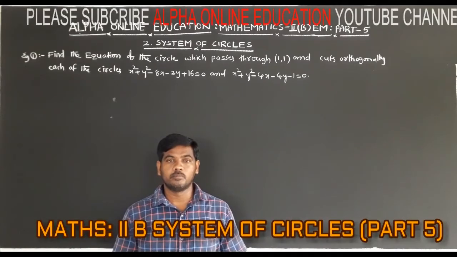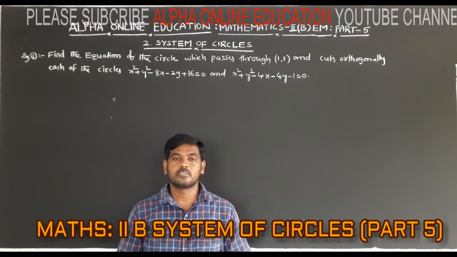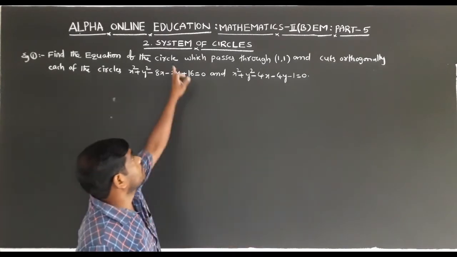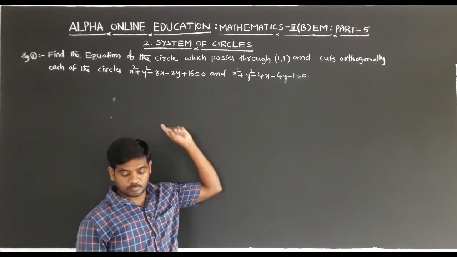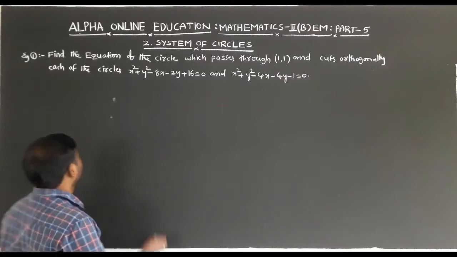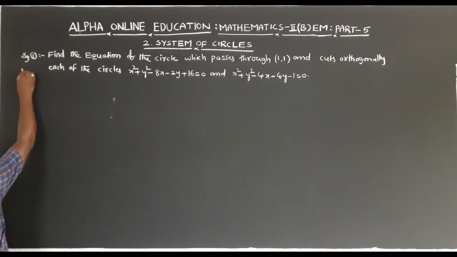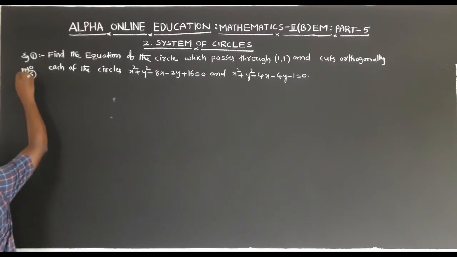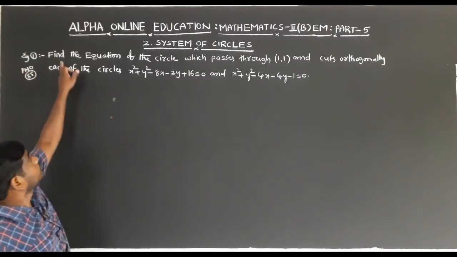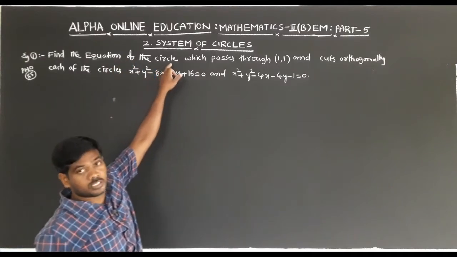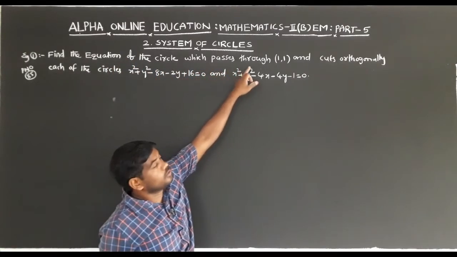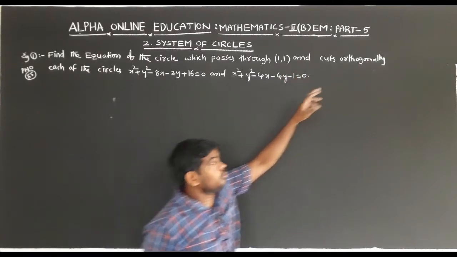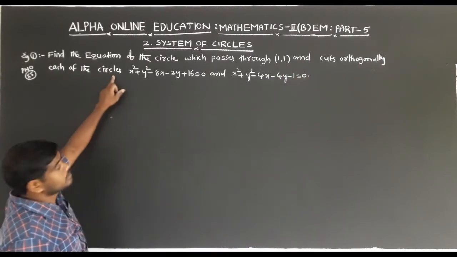Our example problem is from Mathematics 2B, second chapter, System of Circles, example number 1, page number 85. Find the equation of the circle which passes through (1, 1) and cuts orthogonally each of the circles